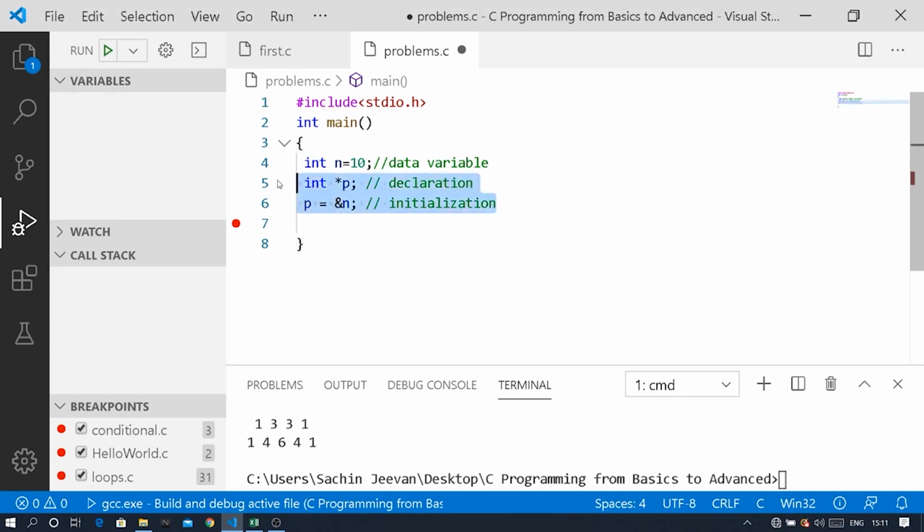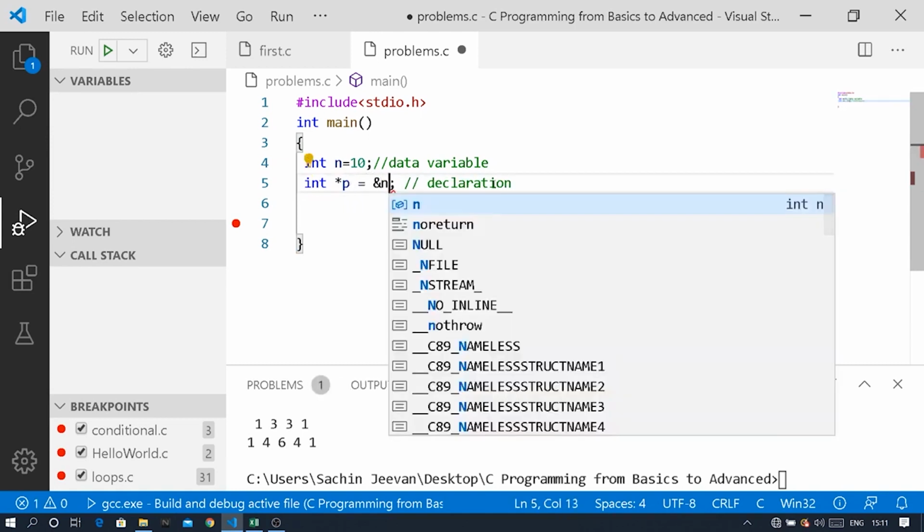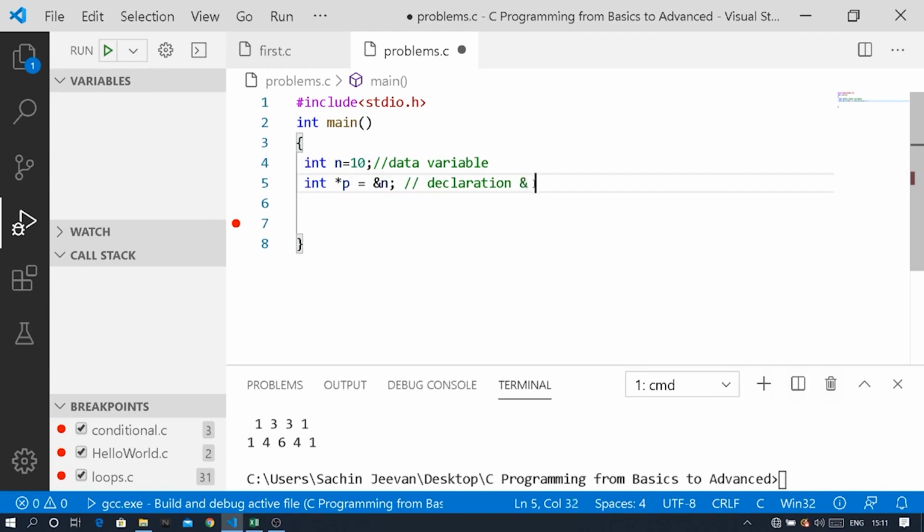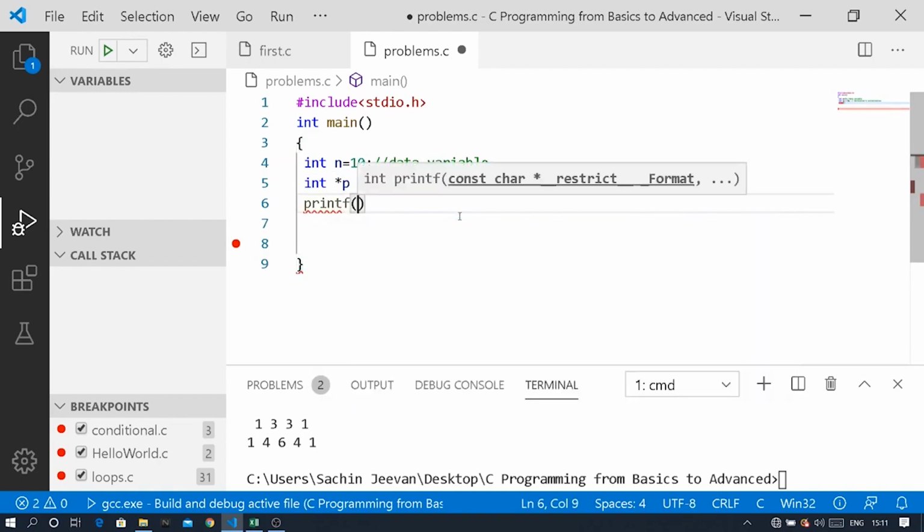And these two parts can be merged also. How can this be merged? Instead of giving both these lines separately, you can give it here itself: int star p is equal to ampersand n. So the declaration and initialization can both occur in the same line itself. So declaration can occur separately and initialization can occur in a new line, or otherwise both can occur in the same line also. Now what I will do is I'll just print the value of n and